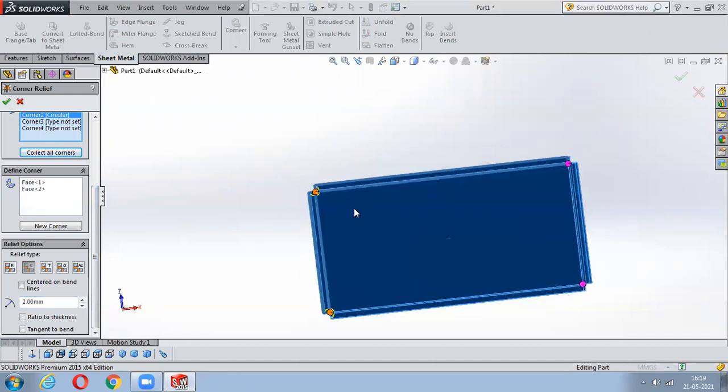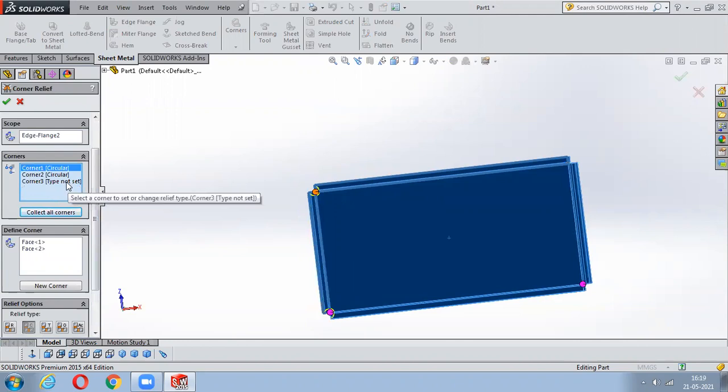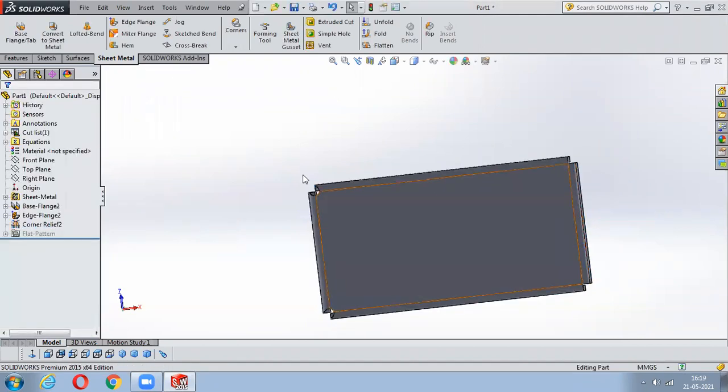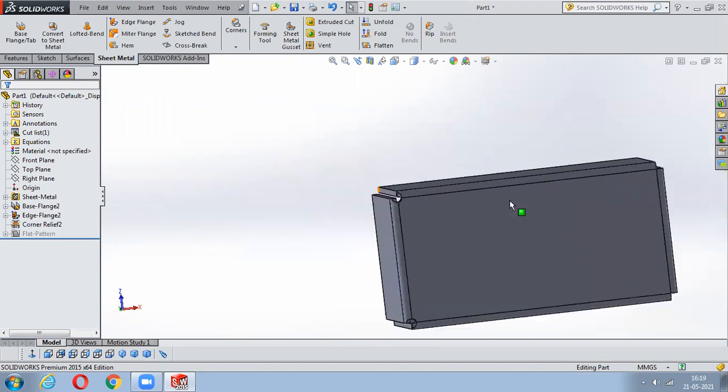I'll delete these two corners and say okay. Now you can notice those corners will remain as they are and these two corners have taken the corner reliefs. Got it? Yes, sir.